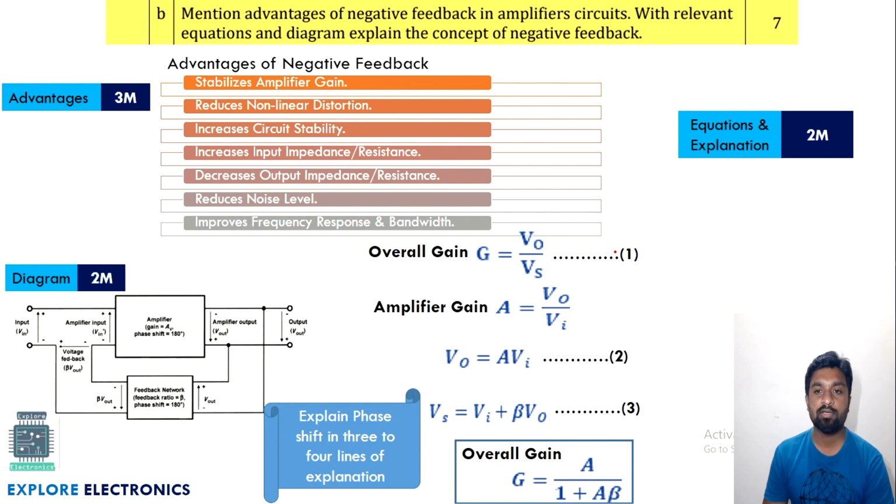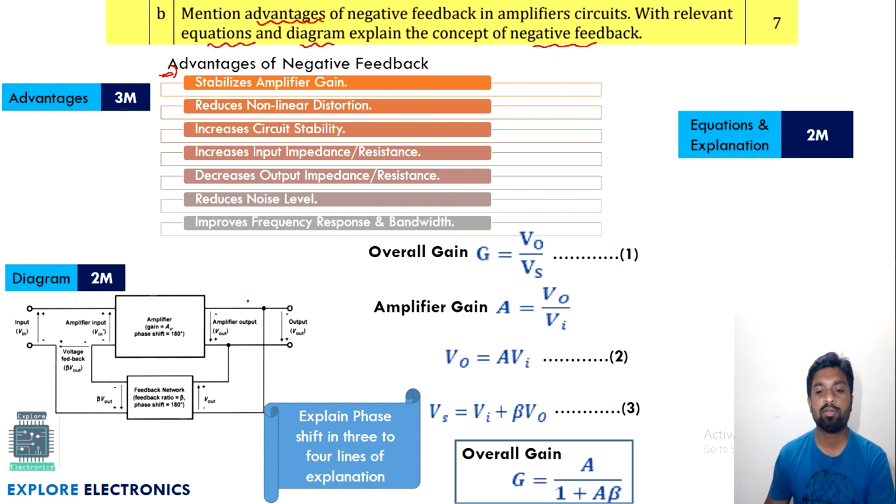Mention advantages of negative feedback in amplifier circuits. With relevant equations and diagram, explain the concept of negative feedback. Here there are 2 questions. One is the advantages of negative feedback. Another one is with equations and a diagram, explain the concept of negative feedback. There are 2 ways you can follow. First, you can write the advantages of negative feedback like this, and then you can go with the block